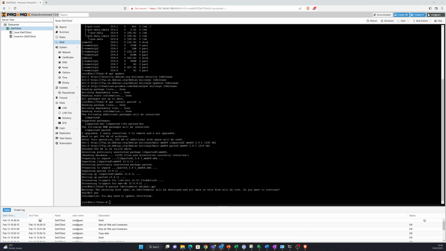What we're now going to do is basically partition this drive with an ext4 partition. So similar command, parted, with the dev option, and it's going to be as before, NVMe 1N1,